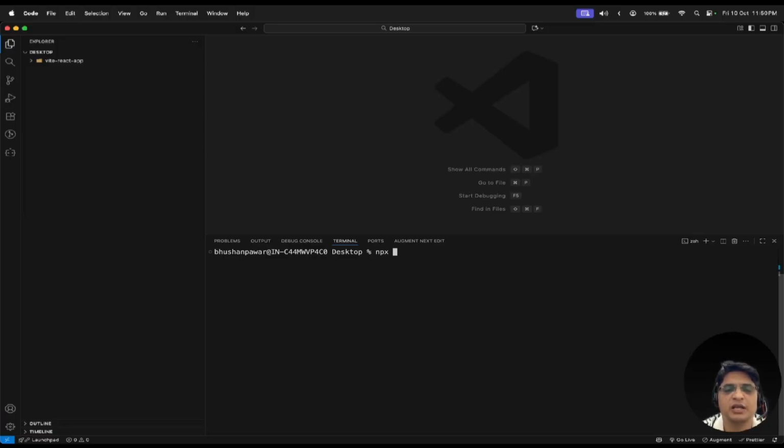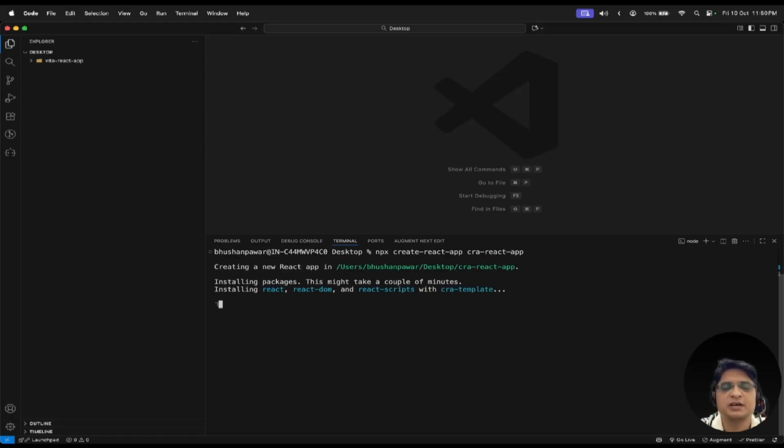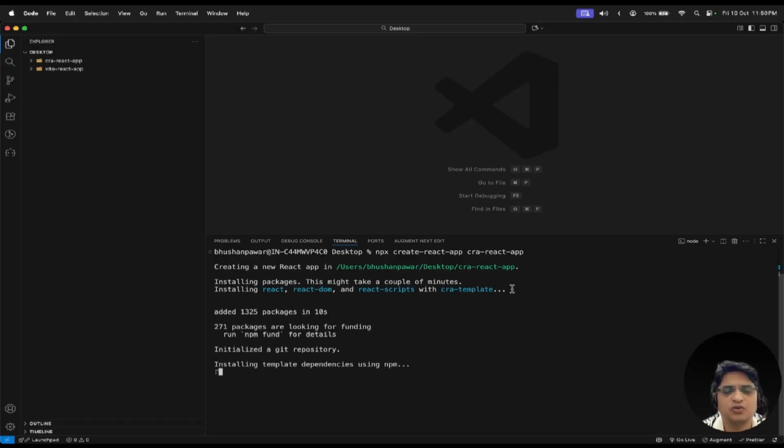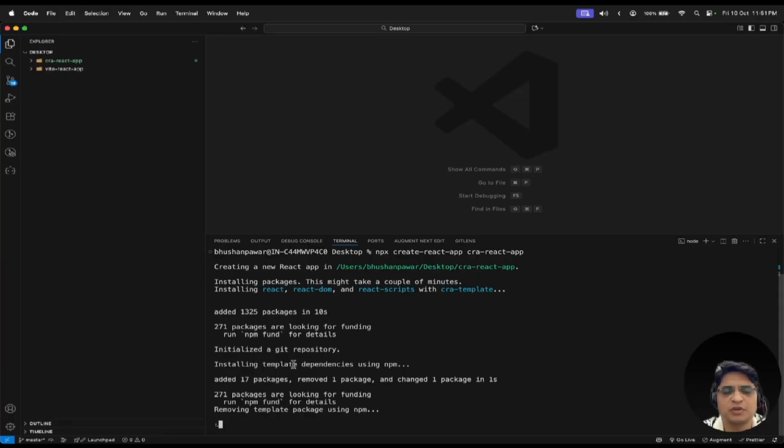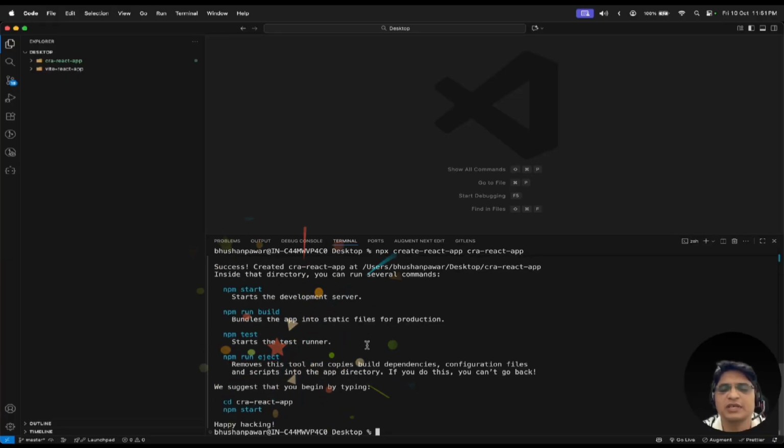For that we have the command npx create-react-app and then the project name. Earlier I gave vite-react-app as the project name. Here you can give any name, but for understanding purposes, I'm just giving the name cra-react-app and pressing enter. After pressing enter, you can see it is installing everything. Whatever dependencies we installed earlier in Vite using npm install, it is doing on its own. And now you can see it is installing everything, installing template, and boom, it has created